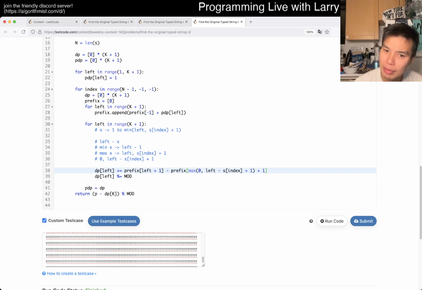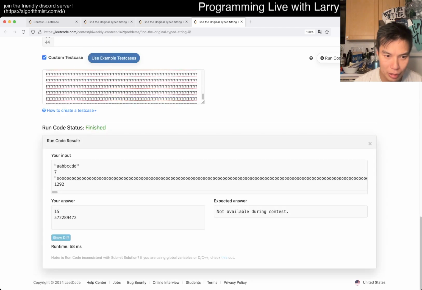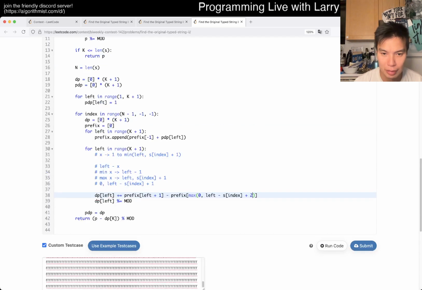Is it inclusive or exclusive? I don't know, maybe it's this. Maybe the 0 is, okay, maybe not. No, the 0 should be fine.